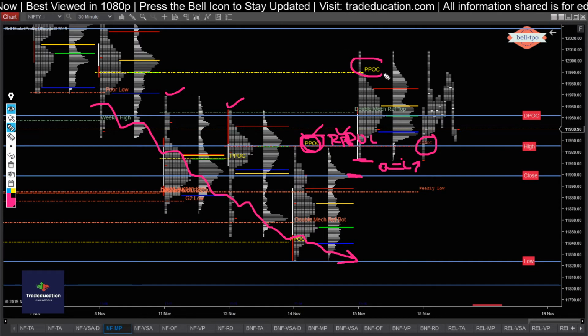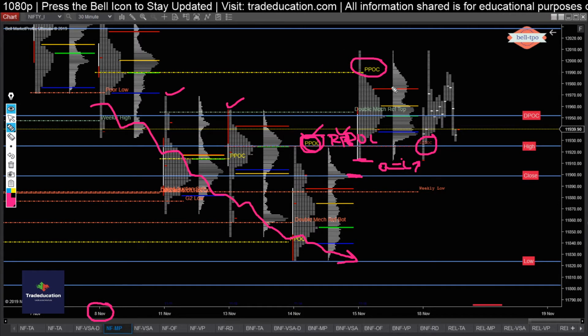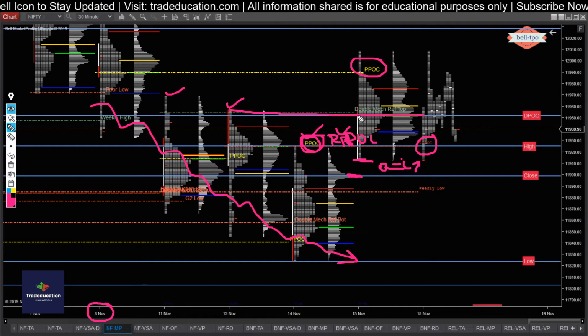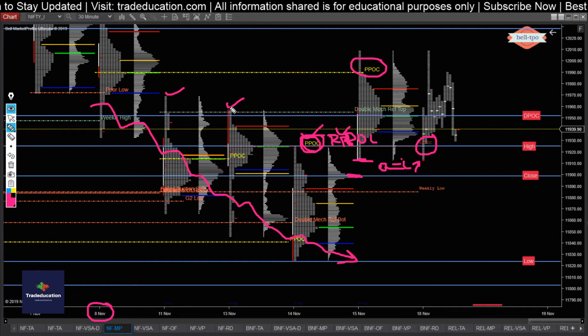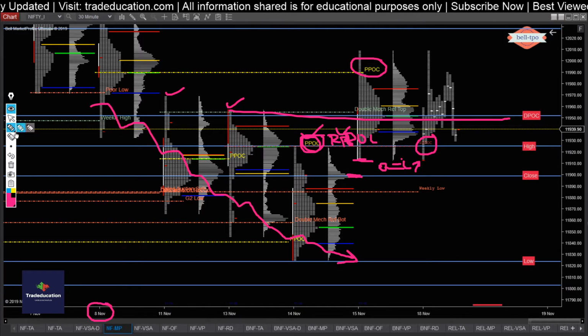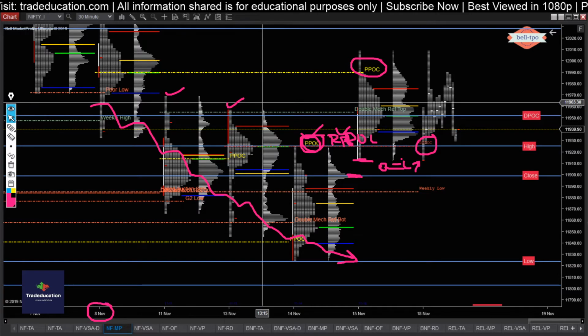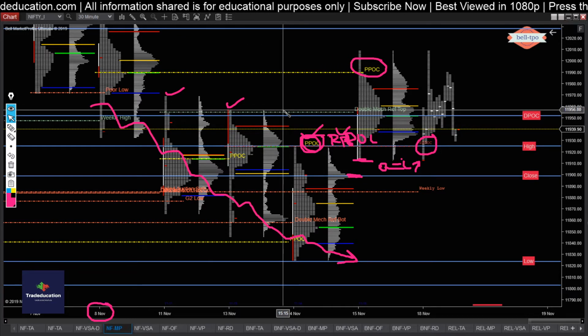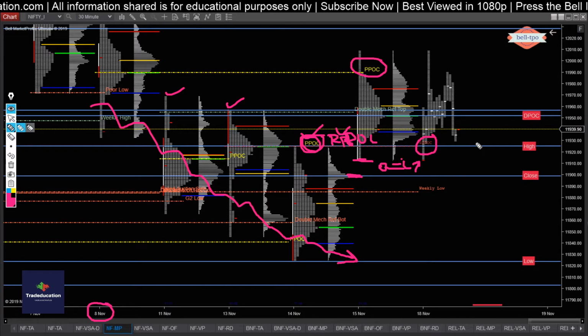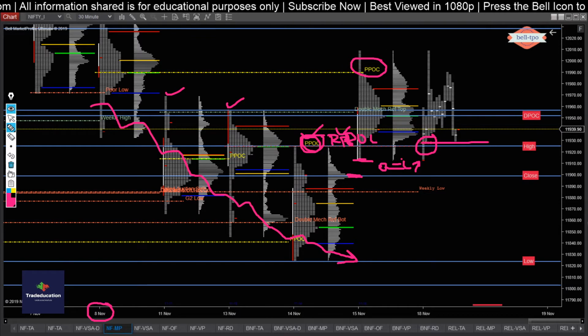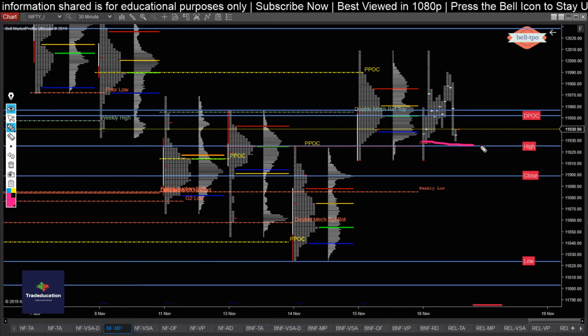There was also one more reference level on which I was keeping a close eye, this prominent point of control from the 8th of November. Okay, so what happened is, when A period started, it saw rejection at the, okay, let me redraw this again. I'm very bad with my mouse. Let me go to this and use the line tool. Yeah, so this is what happened. This is today's open.